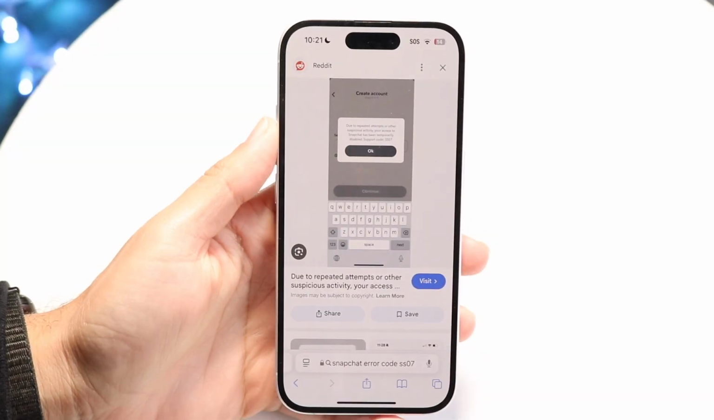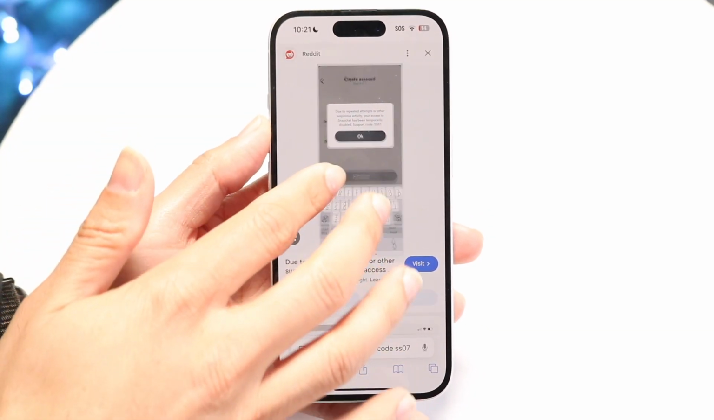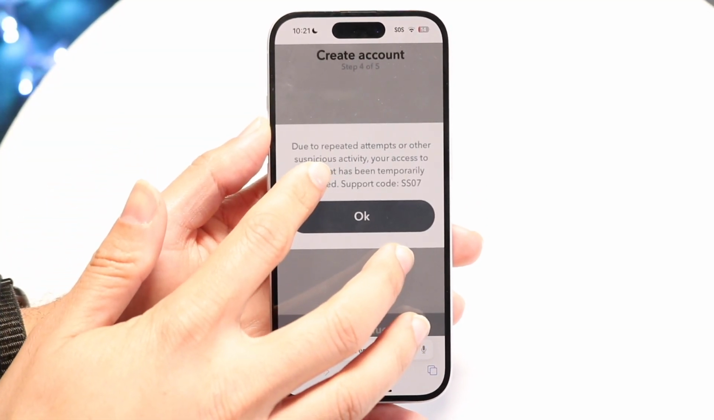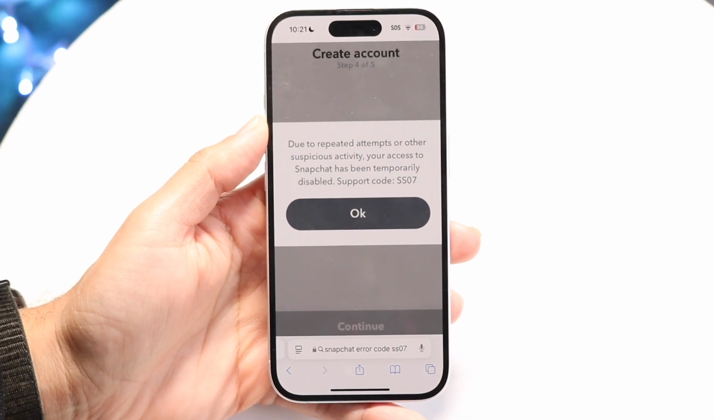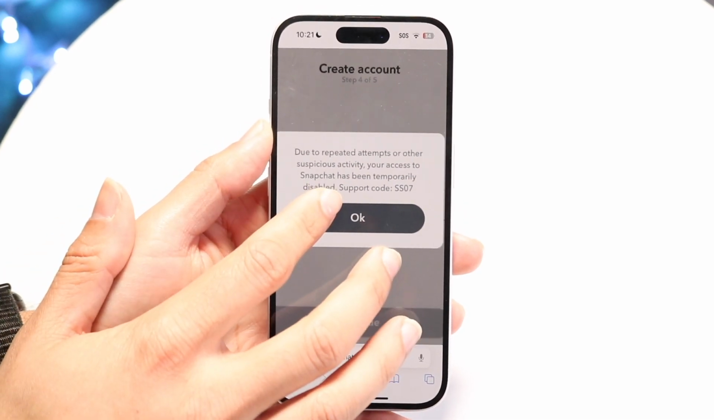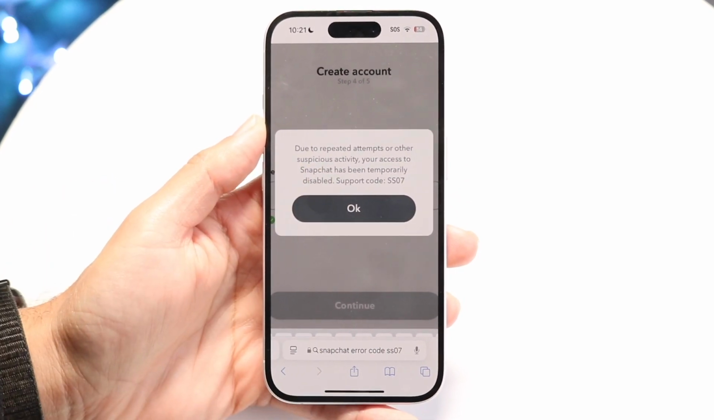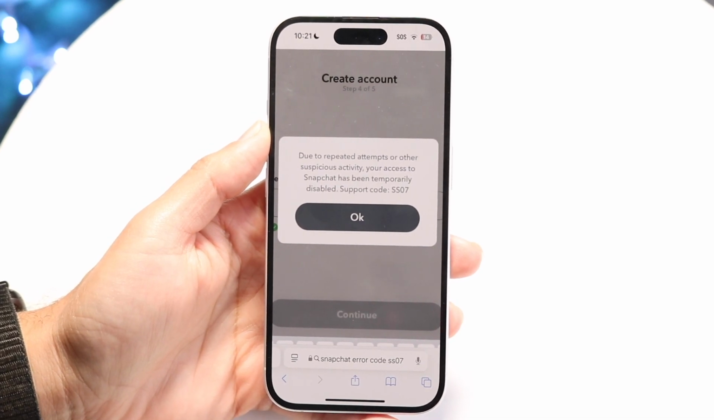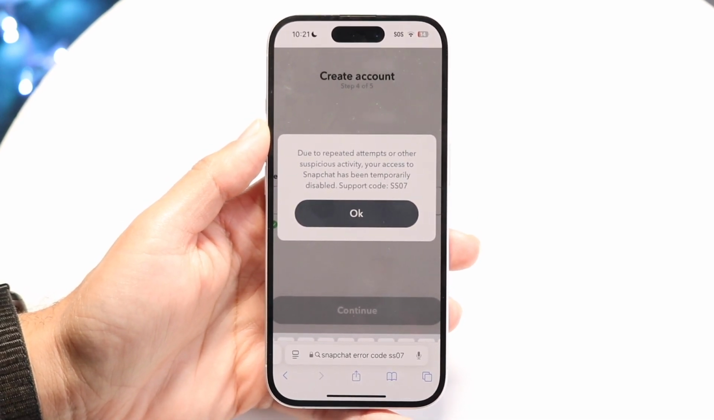So you might be in this random situation where you're running into this SS07 Snapchat error code. Maybe you're trying to load up Snapchat and you keep seeing this particular error code that keeps coming up. Now, there's a couple of different ways to fix this for the most part, but the main way